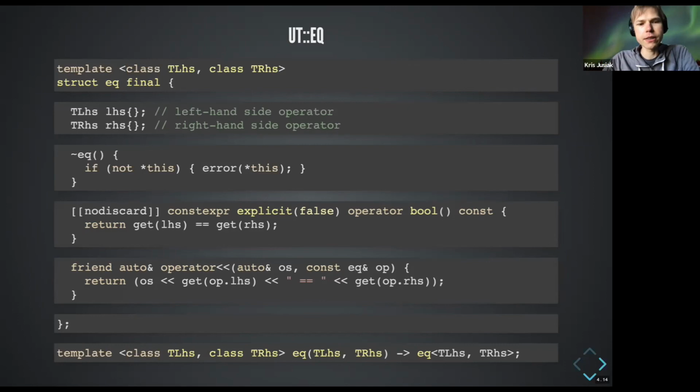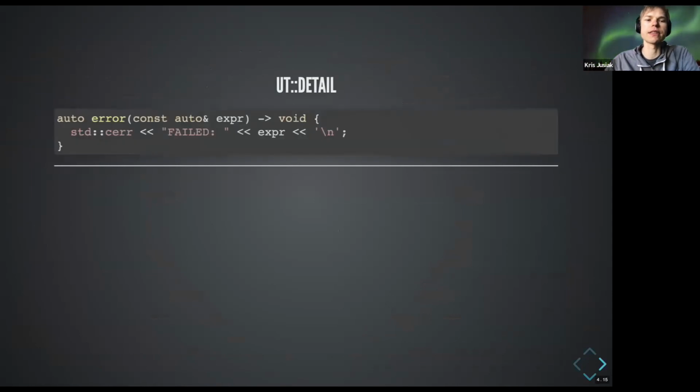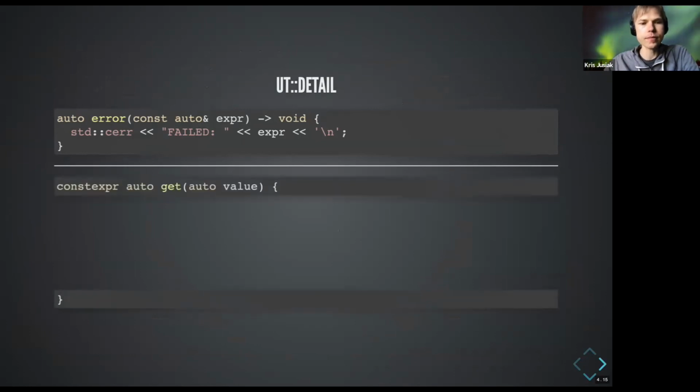As you probably noticed, there's an error here and a get. That's the details, and the implementation for them is quite simple. Error just prints an error and the expression. The expression will be printed according to its stream operator. And the get